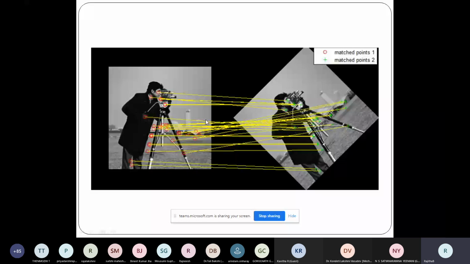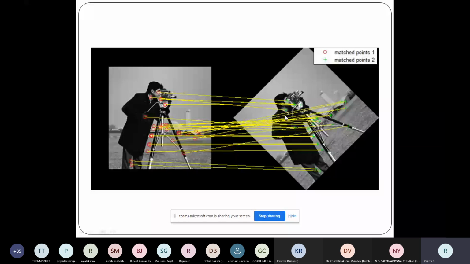Generally, when I match these two without scale invariant transformation, the match will not be possible, because this is in a good orientation but that is not. So obviously any algorithm will fail to match these two.